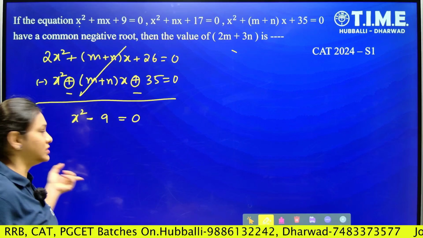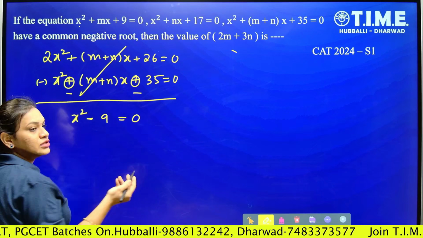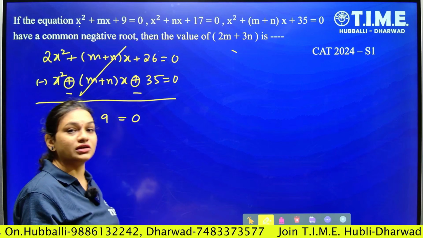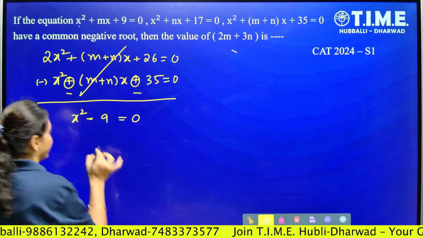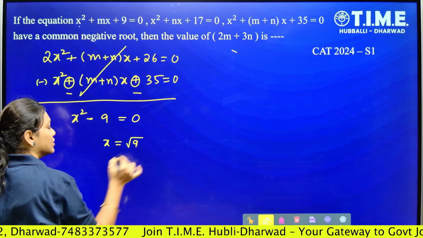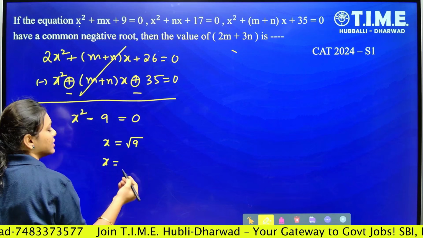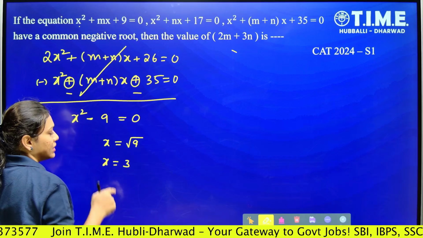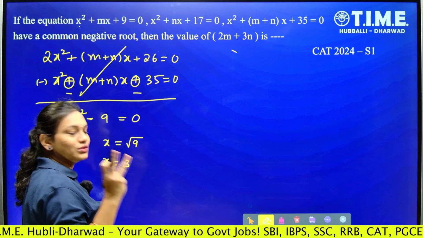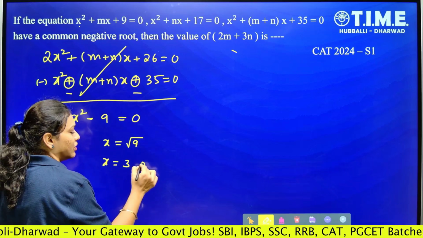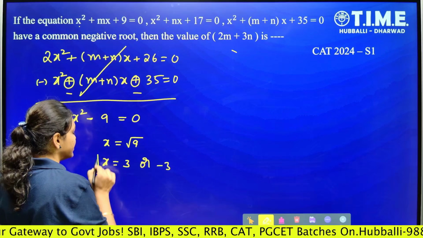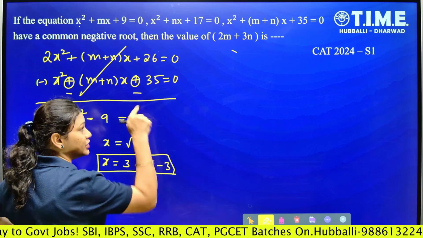Since it is a quadratic equation, if you shift that side, x square is equal to 9, x is equal to root over 9. Root 9 is 3, so you would write 3 only. But remember that since we have a quadratic equation, x will have 2 roots, which means x is equal to 3 or it is minus 3 also. And it is very, very important in the case of this particular question.